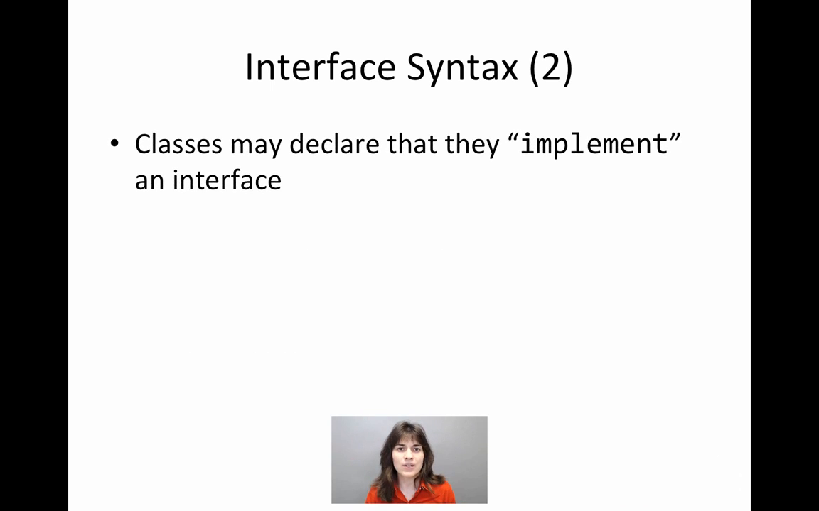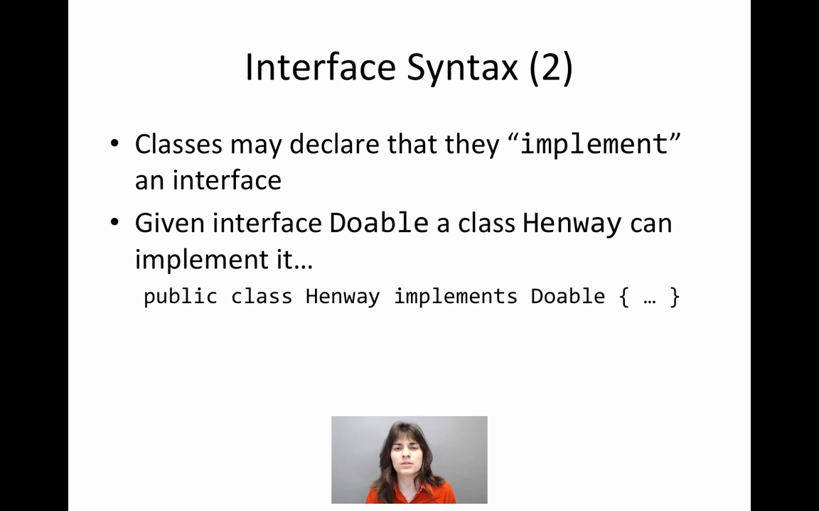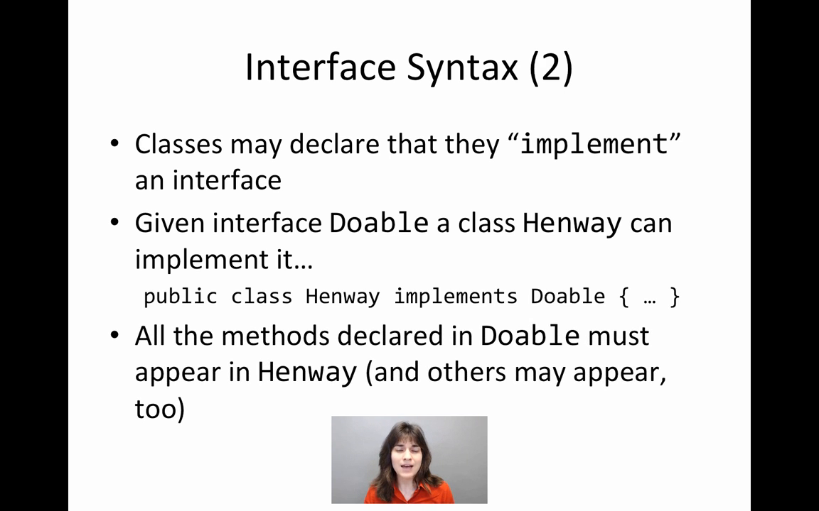Now, classes can also implement an interface. Suppose that we have declared the interface Doable. Then a class wants to implement that interface. You can see on the screen the syntax that we need to use. Class Henway implements Doable. Now, when a class declares like that in its header that it is implementing a particular interface, then it has to implement, to provide a body for all of the methods that are defined inside the interface that it is implementing. That class can also have other methods as well, but it needs to at least have all of the methods